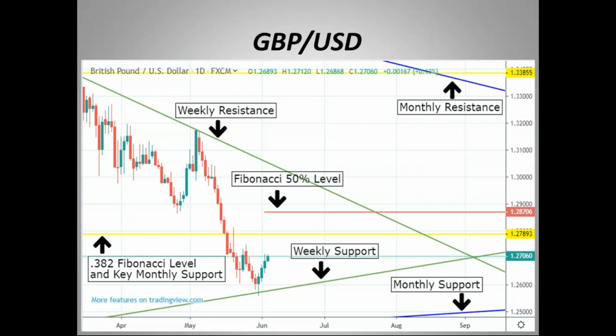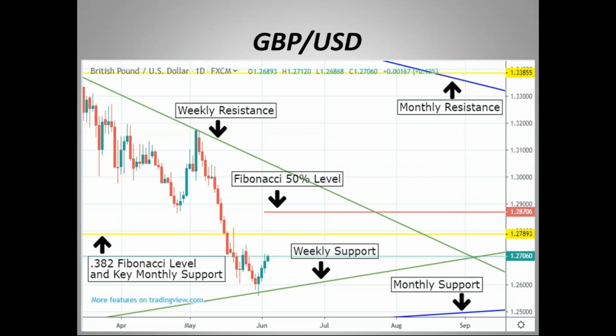So this is not something that's going to happen today or tomorrow, but would unfold over the next week or so, especially if the dollar is under pressure because of fundamental numbers and things like that. So those two green lines, those are our weekly support and resistance lines that are wedging this market, which is in a bear market right now, short term, trying to find a little bit of a bull to go.